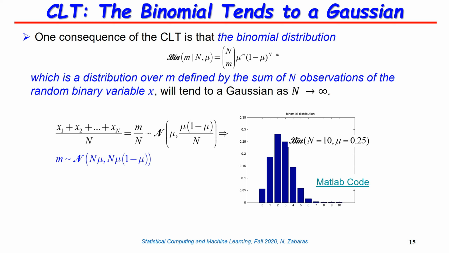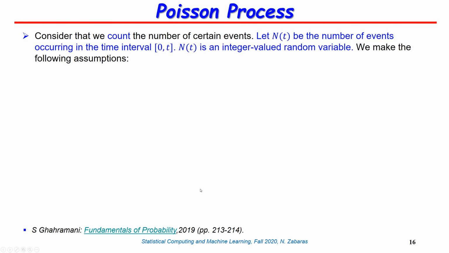Okay, I'm going to show you a similar result for the Poisson distribution that we have seen in an earlier lecture. And before I do this, I had promised at an earlier lecture that I'm going to tell you a little bit more on the Poisson process. So let me try to spend 1 or 2 minutes to define what a Poisson process is without deriving anything. So let's say that we are counting some events, and the count is an integer number, so it's 0, 1, 2 to infinity. All right.